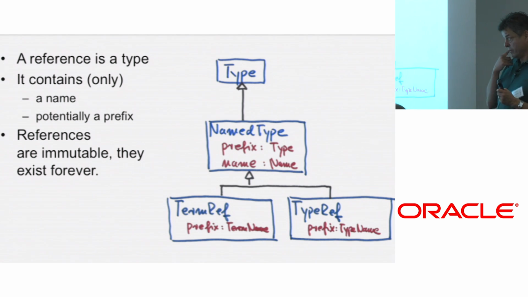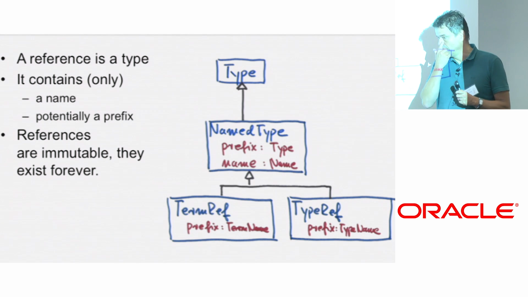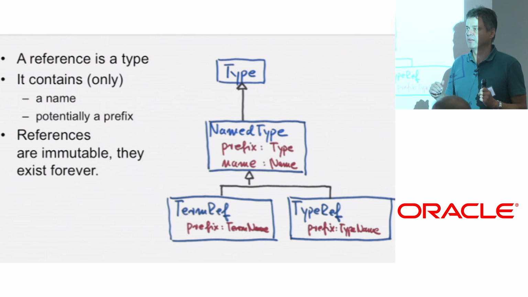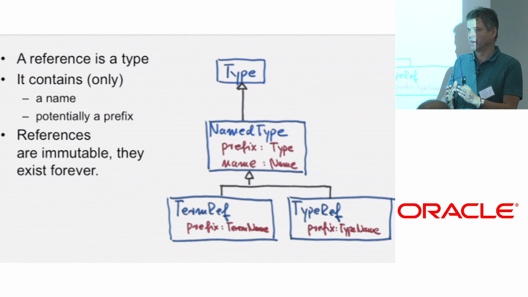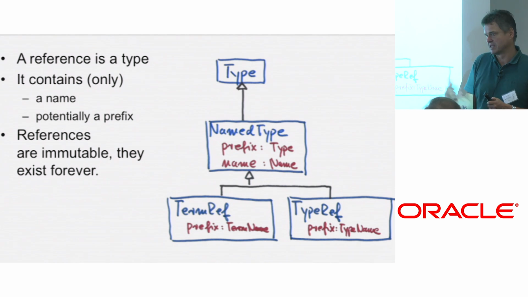So what the compiler knows is whether source files have changed or not. It will recompute only if the source file has changed, because the interface of the compiler is, well, recompile this source file. So it doesn't actually look at the hash of the source file. If somebody tells the compiler to recompile it, it will assume that the source file has changed, because otherwise there would be no good reason for it. So if the source file wasn't touched, then the compiler will not recompute the type of the symbol. It will say, well, nobody told me to recompute that file, so the file must be the same, so the denotation of the symbol is still the same. So that's how that works.